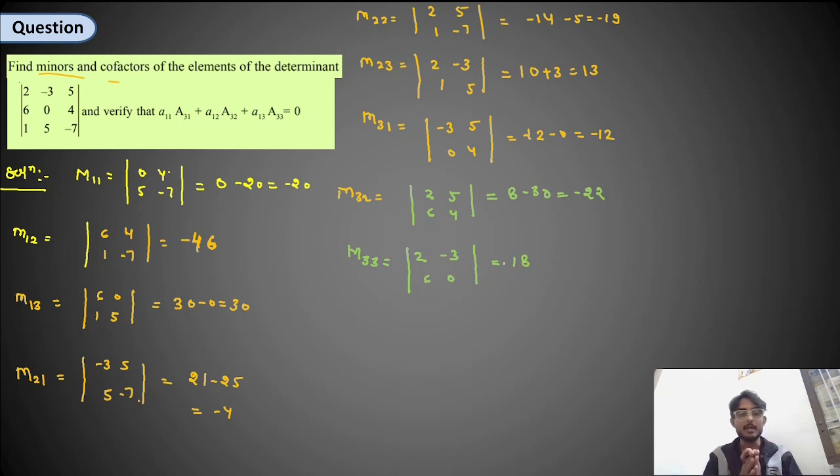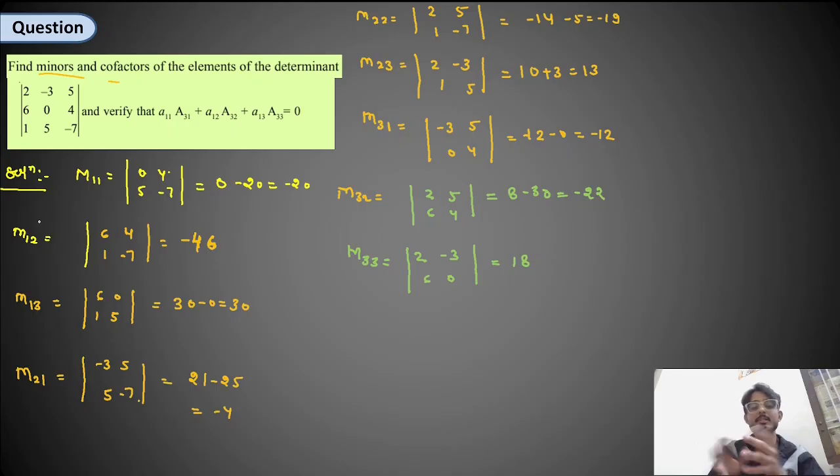Now you have to find the cofactors. For finding the cofactors, you have to change the sign of only the minus. In which condition will you change the sign? I have already taught you one example in the previous section that for changing the sign you have to add the minor element indices. Here first row and first column means 1 plus 1, so you will get 2, and 2 is an even number, so you will not change the sign. But here 1 plus 2 equals 3, so 3 is an odd number, so you will change the sign, and then you can find the cofactor from the minor.